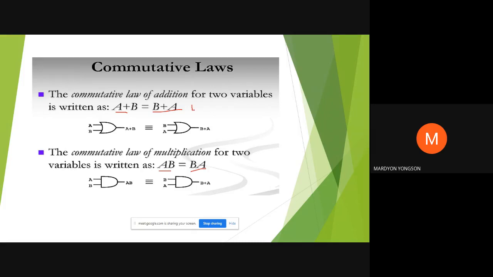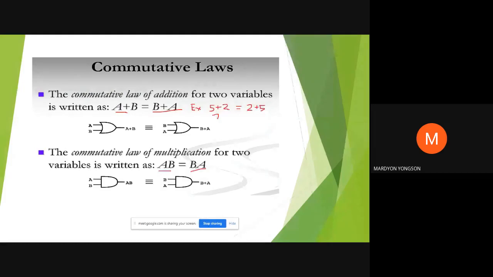Example niyan, di ba, we have 5 plus 2 equals sa 2 plus 5. And so, ang answer naman dyan, 7 yung sum. And equals lang din sila sa 7. Kahit pagbaliktarin natin yung placement